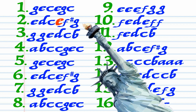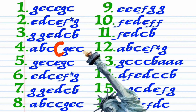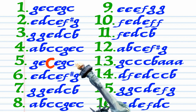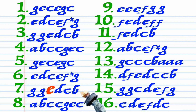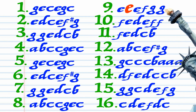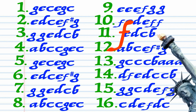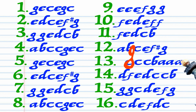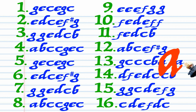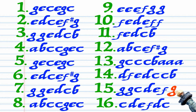G-E-C-E-G-C, E-D-C-E-F G, G-G-E-D-C-B-A-B-C-C-G-E-C, G-E-C-E-G-C, E-D-C-E-F G, G-G-E-D-C-B-A-B-C-C-G-E-C, E-E-F-G-G-F-E-D-E-F-F, F-E-D-C-B-A-B-C-E-F G, G-C-C-C-B-A-A-D-F-E-D-C-C-B, G-G-C-D-E-F-G,